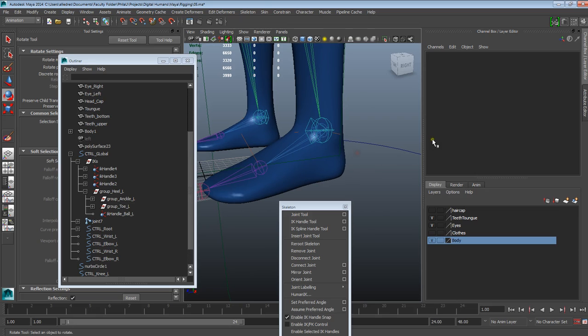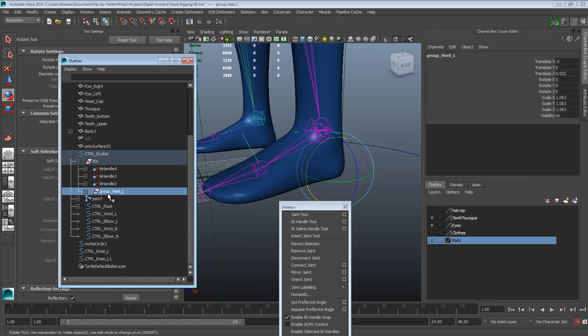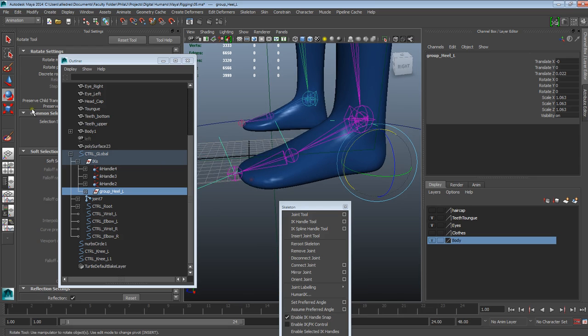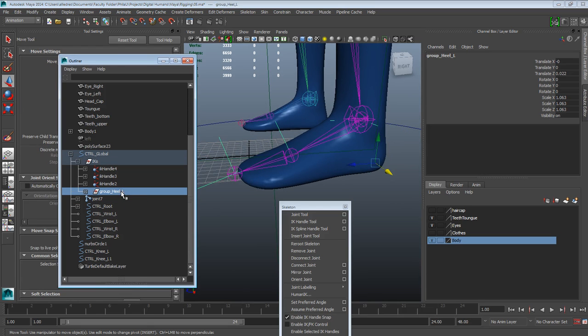All right, so that's looking good. Now we're gonna group this heel one more time. Okay, and this is gonna give us another pivot, which we're gonna move to the front of our toes here. So let's just do that one more time. So I'm gonna select this one, hold Control G to group it. Let's call this one group underscore